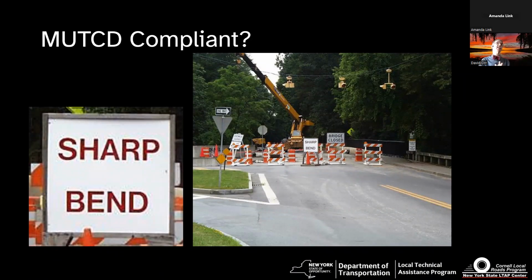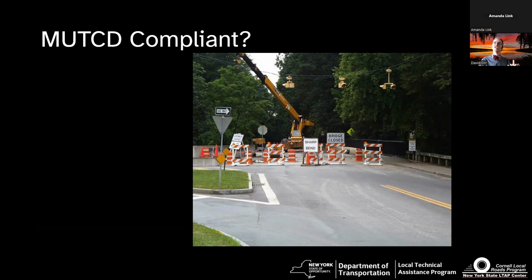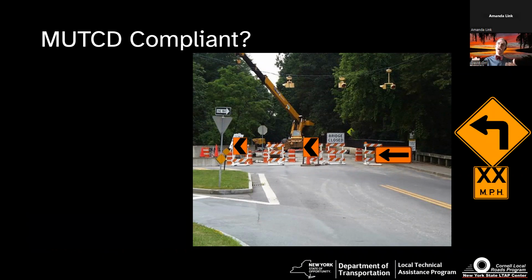Oh, by the way, it looks nice and bright, but the reality is that sign's not retroreflective. At night, it actually barely shows up when you hit it with a light. It's just plastic. Okay, so it's really not doing the job. What really should have been done here is proper chevrons or arrows, an advanced sign. Technically, it should have been orange and black, but I'll be honest with you, if you got in stock a yellow and black sign and can give good advance notice that you got to make a sharp turn, you should do so.